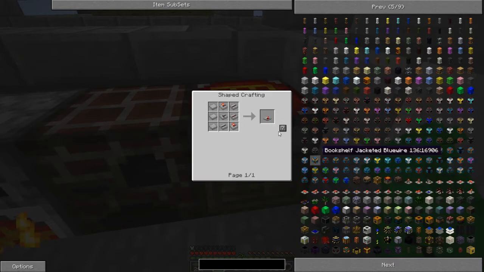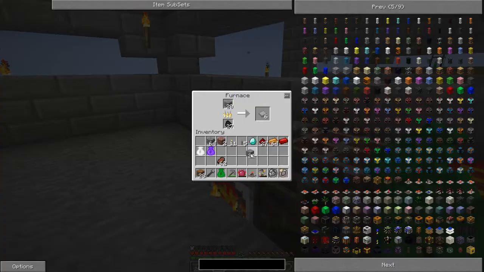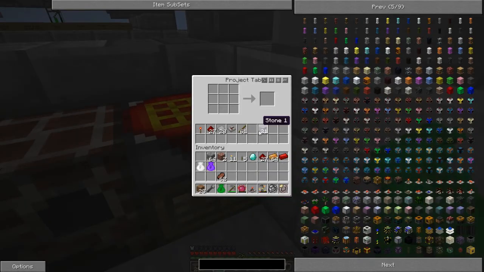And I may as well show you that. So, 3 of these along the side, a cathode, a stone cathode as well. We'll take out half the stone because we're going to need that too. Right,